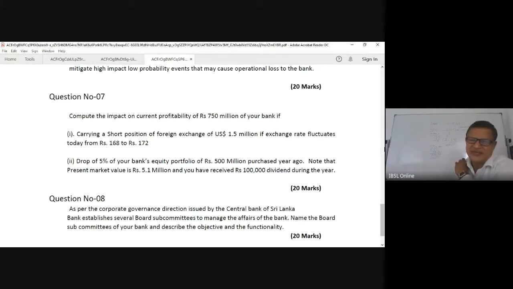They also say during this time you have also received dividend, which also have gone into profit. So though you have made loss of 15.5, you need to actually deduct that original income you got by way of dividends, because already that money has come in. So the loss has reduced to 15.4. And your current profitability is 750. Now, because of this scenario, you have lost 15.4. So you deduct 15.4 from 750. Answer is